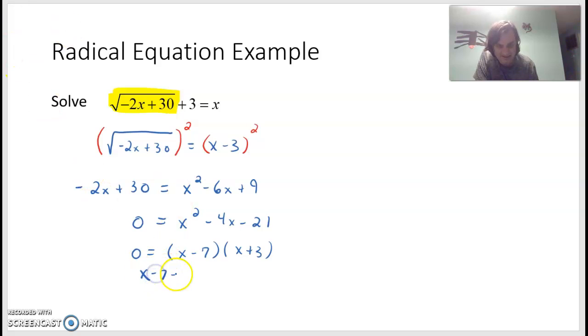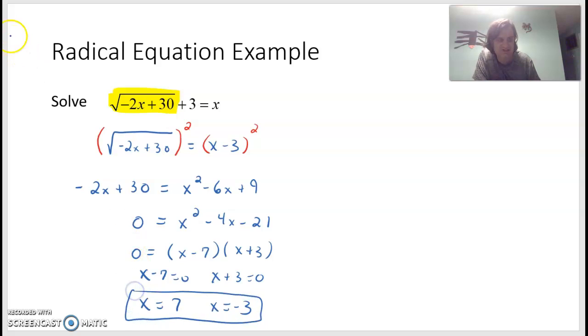x minus 7 equals 0. x plus 3 equals 0. So the solutions I'm picking up right now are x equals 7 and x equals negative 3. But we talked about the fact that we should check these. So let's check